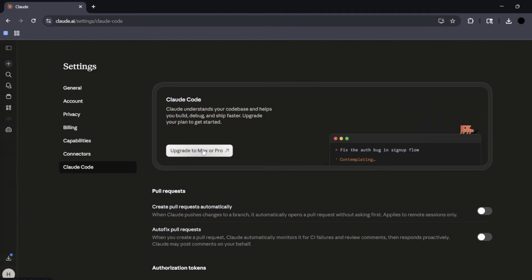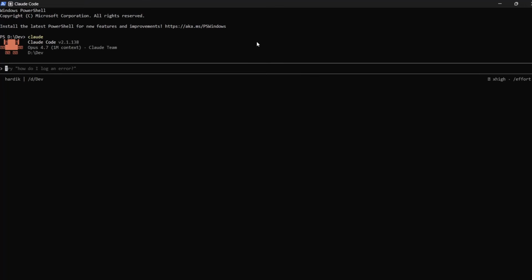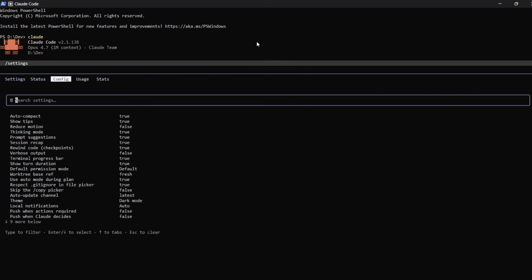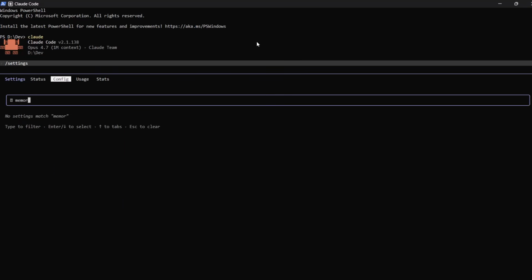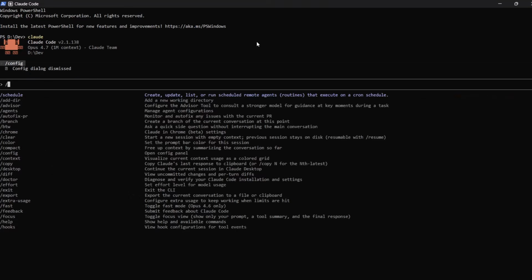In Claude Code, we have the Claude.md files and also the Auto Memory option. Similarly, I can show you how you can manage it. For that, let me open my Windows PowerShell and launch Claude Code. I'll simply type in claude, and from here I can type in the config settings. Within the settings you will need to search for memory. I cannot find memory right here, but if you scroll down you can see all of these different options. Let me go back and type in